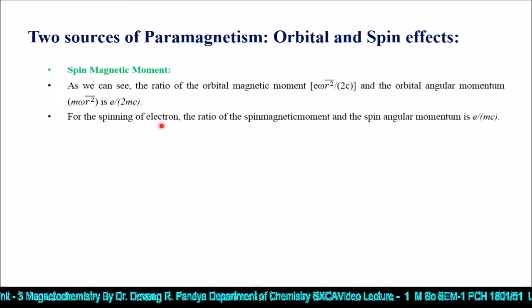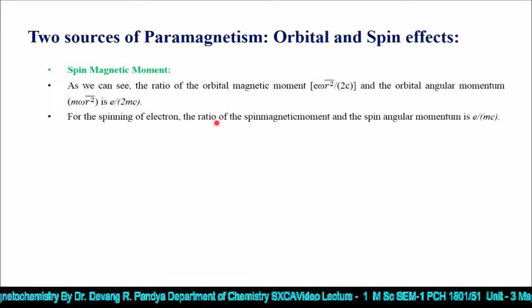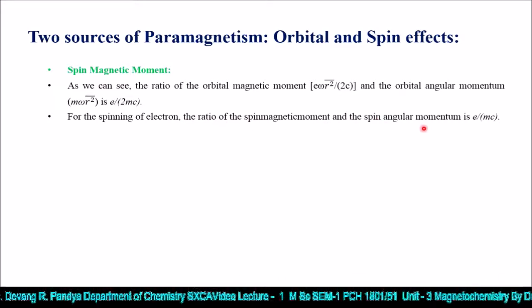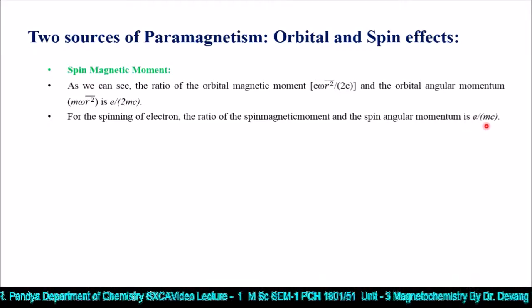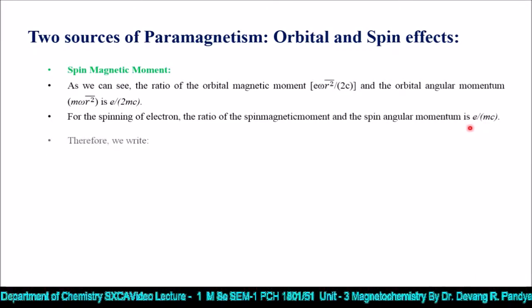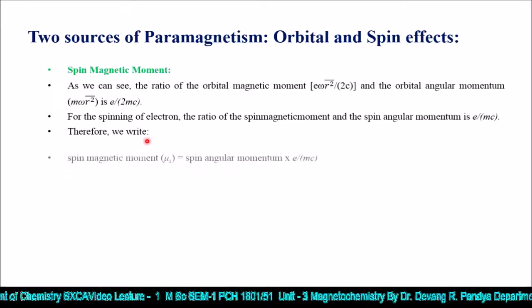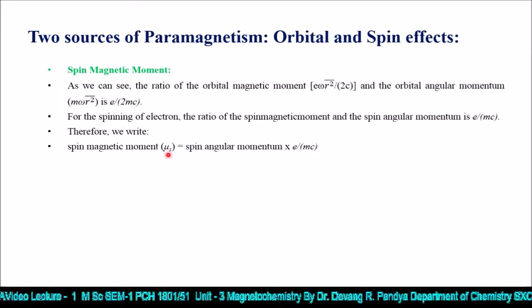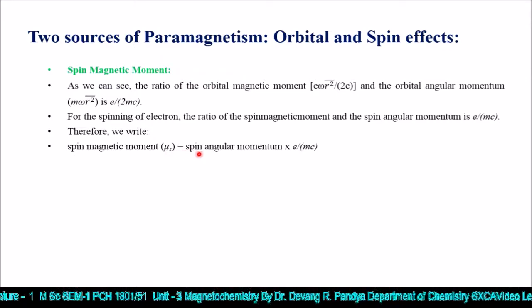For the spinning of the electron, the ratio of the spin magnetic moment and the spin angular momentum is e by m c. Therefore, we can write that the spin magnetic moment, which is represented by mu subscript s, is equal to spin